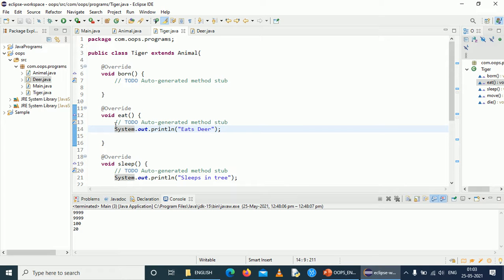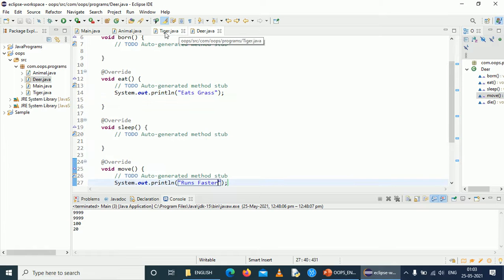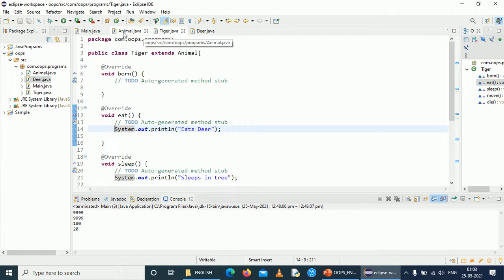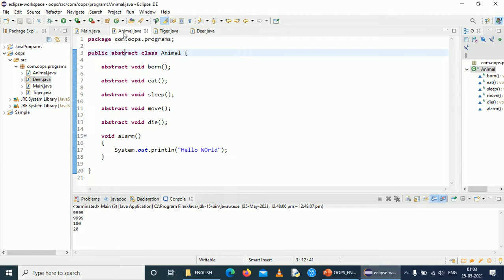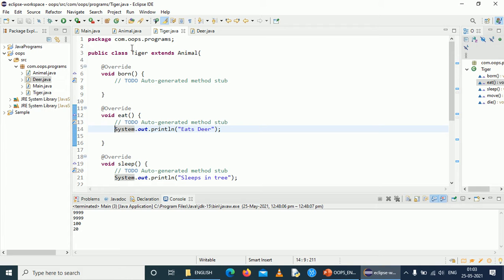Tiger eats something different and deer eats something different, so it cannot be generally placed in the animal class. So we have a generalized structure in the animal class alone, and we have made the process simple. Just extending the animal class gives all the basic characteristics, and it is more than enough if we just define how they do all these characteristics. So this is an example for abstract class and abstract methods.